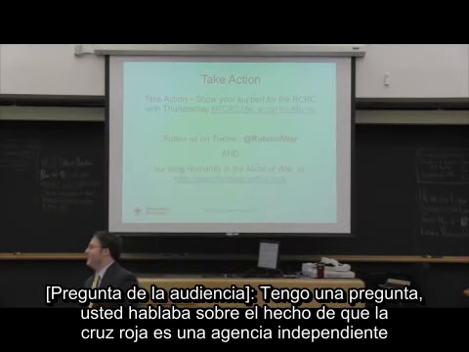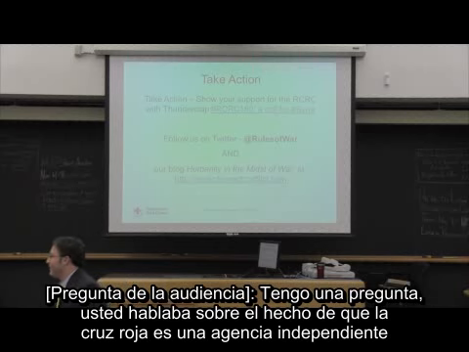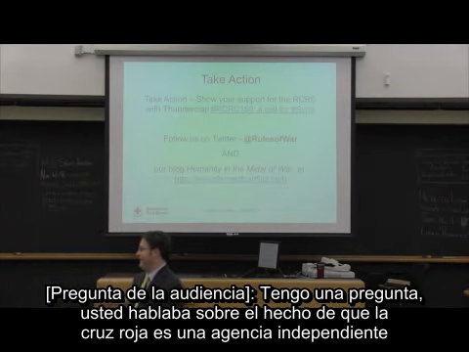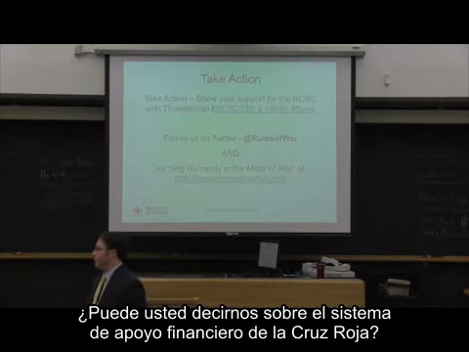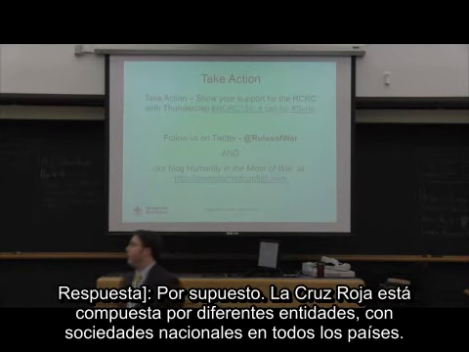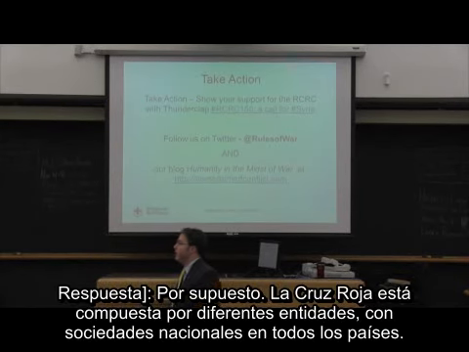I just have a question. I missed a few minutes of the presentation, I'm sorry. But you were talking about the fact that the Red Cross is an independent entity. Do you mind telling us a little bit about how they get financial support locally? Sure. So financial support, say for instance from the